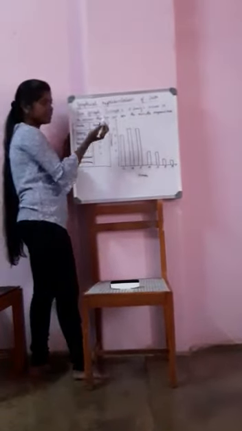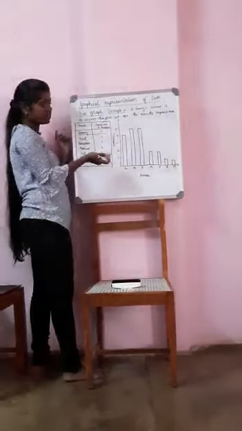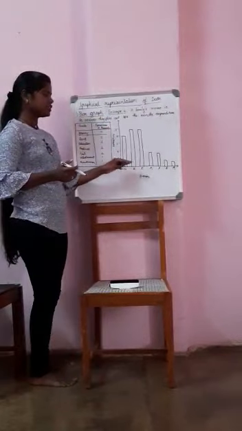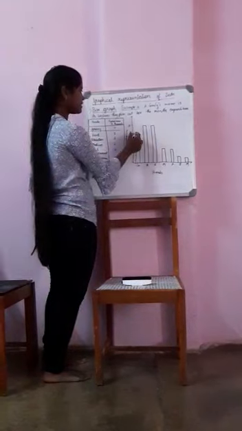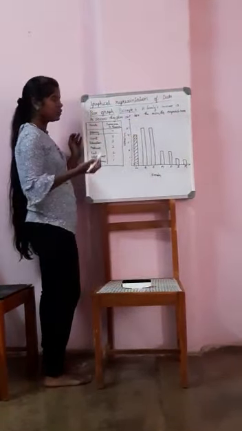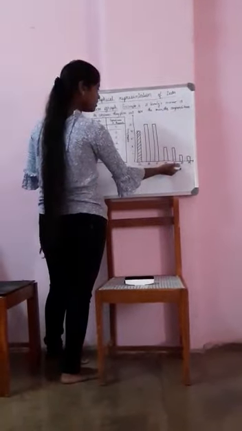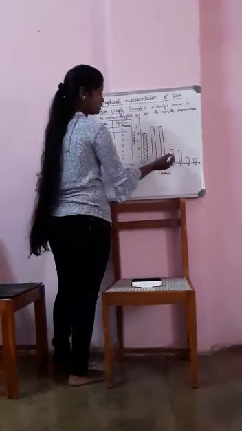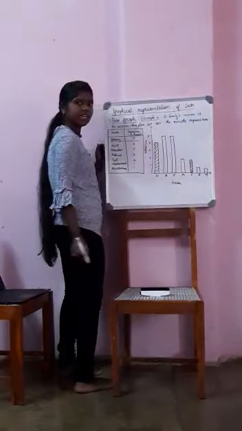Please note this bar graph is for non-continuous data, and the bar should be proportional to the frequency or the expenditure. Whatever you write on the y-axis, it should be proportional. So that immediately when you see grocery, you can easily guess it is 4,000. Suppose I ask, how much have they planned for fuel? You will immediately see the fuel and tell it is 2,000. Looking at the graph, you can easily tell what they have planned for.